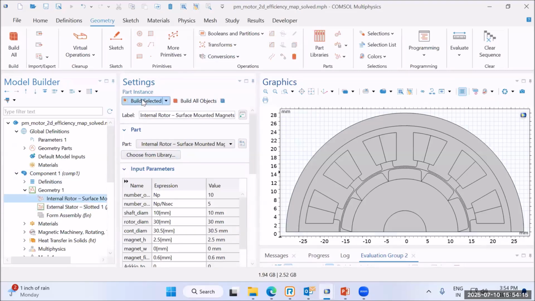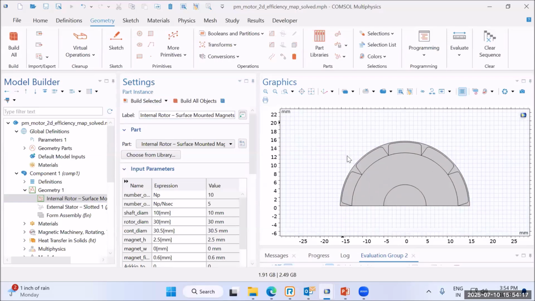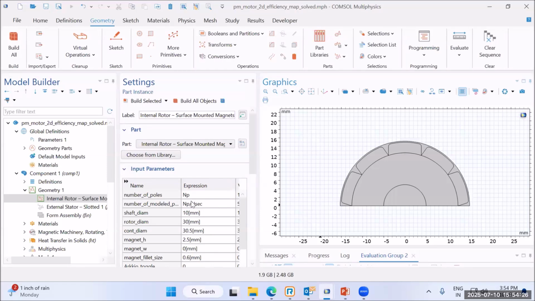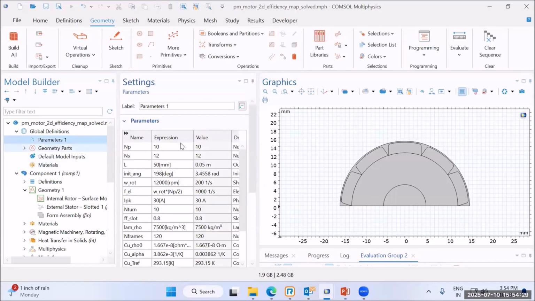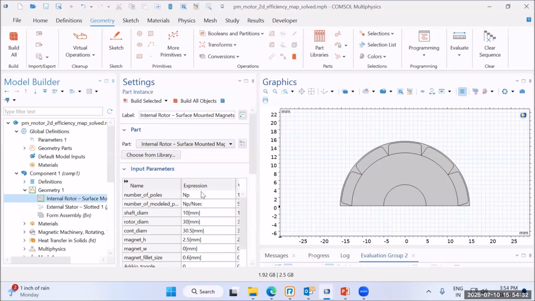So this alone is creating the rotor, and instead of keeping the template as is, I manipulated it in this way. This is the number of poles. I kept it already in the parameters, defined as the number of poles is 10. Then I can directly go here and use that number of poles. And as you have seen here, we are not modeling the entire motor, to avoid the computational time. Instead, I am using how many poles need to be seen, or the symmetry aspect. So it is done in this way. This is the aspect that we are utilizing, the symmetry aspect,